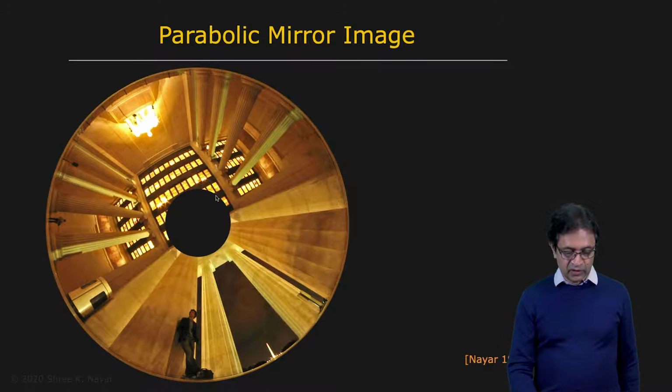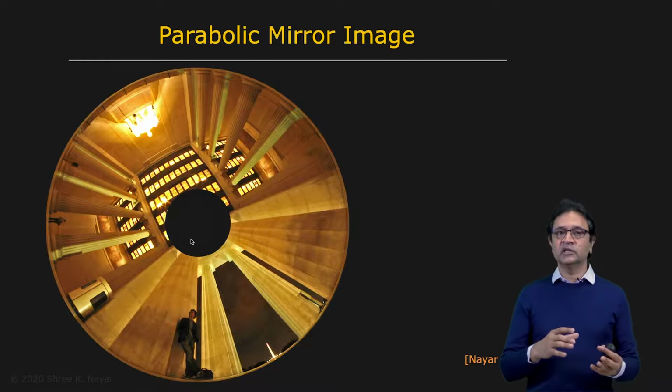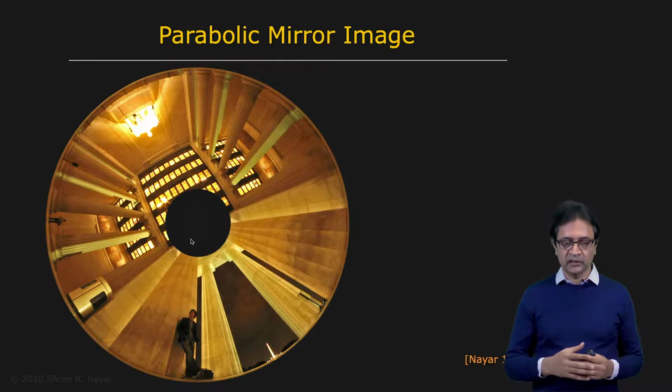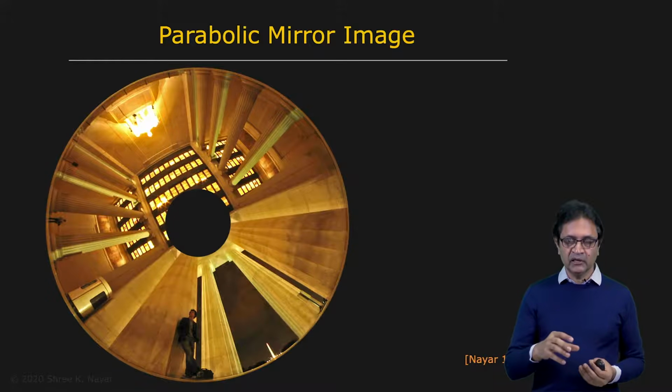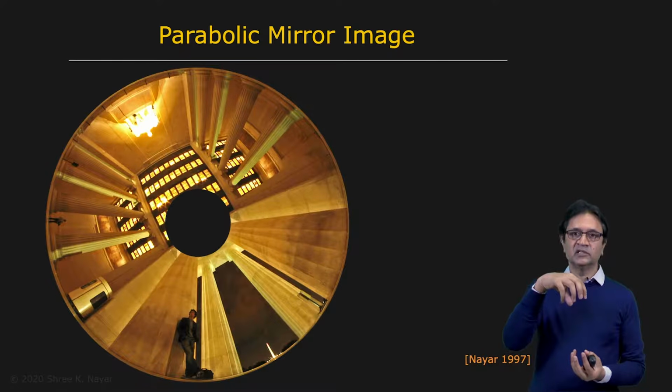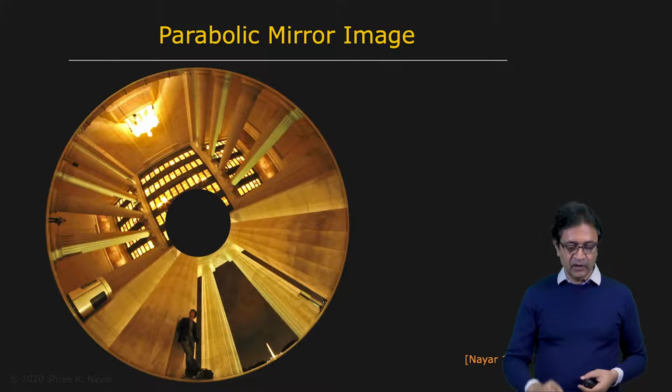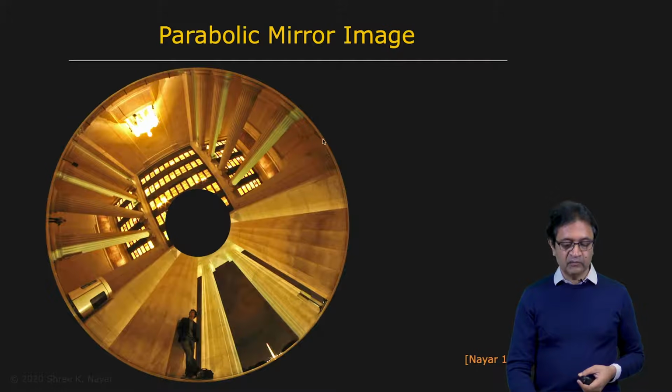And I should note that this black disc that you see in the center, this actually represents one of the downsides of using mirror-based wide-angle cameras. So this is where the mirror sees the lens itself. So this is sort of the blind spot of your imaging system. On the positive side, you have a field of view here which goes well beyond 180 degrees.